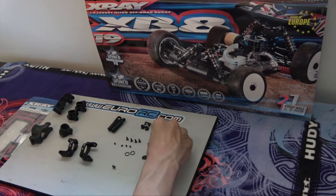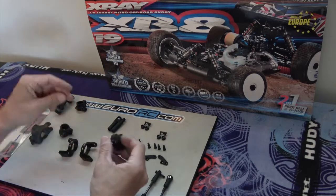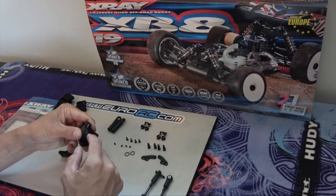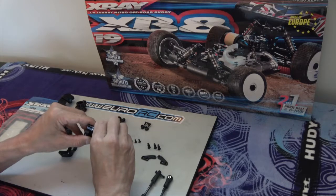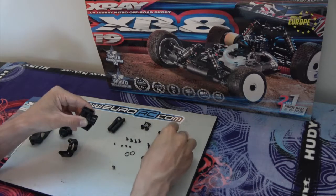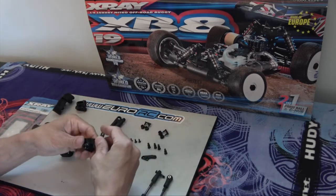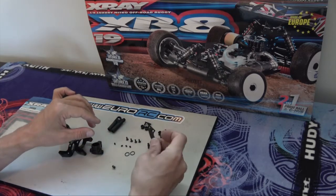And here are parts for mounting the aluminium steering blocks. So you will build it the normal way, bearings here, your drive shafts, and then you put in these plastic shims here and put these ones on. So that will complete the build. And here are your pieces for your steering. These are the same ones as in the kit,